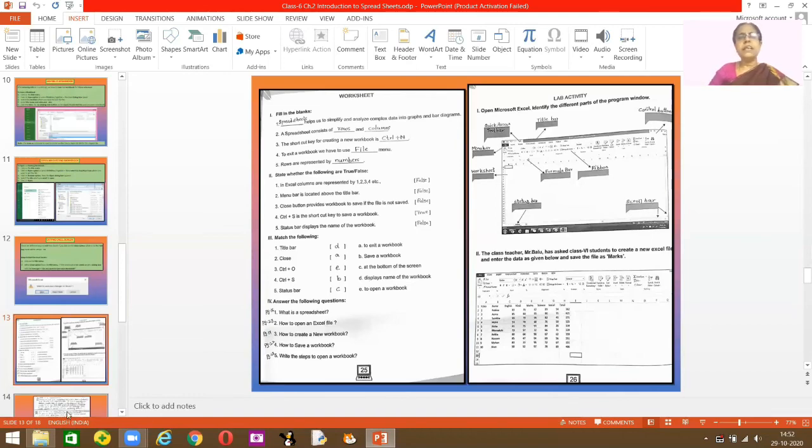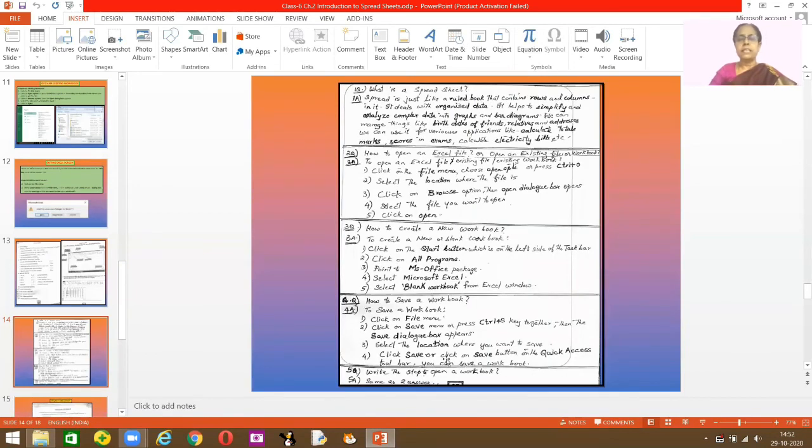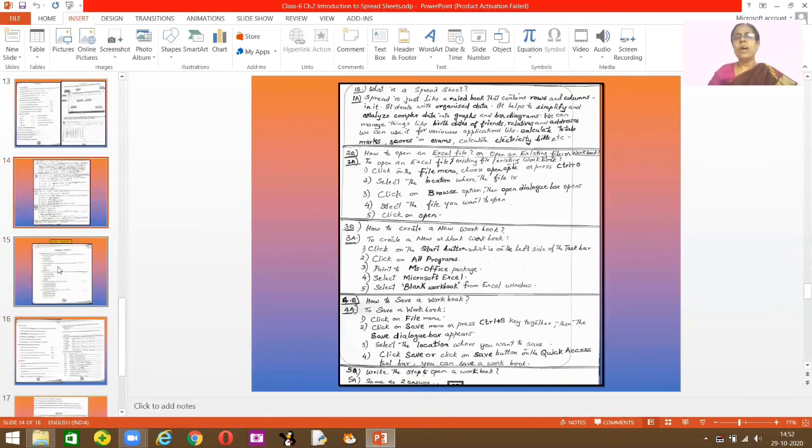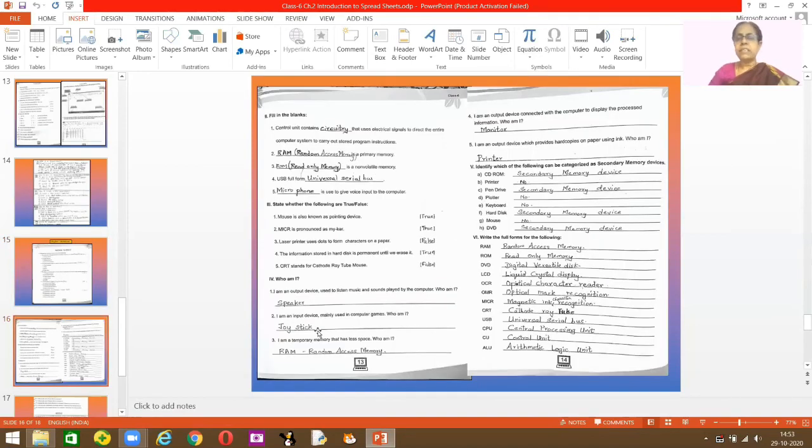And here are the question answers for those 4. Though I wrote the page numbers, I still wrote the answers. Please check the answers. If you can write better answers, please do it. And also your worksheet 1 of your first lesson, you have already completed and I've already corrected, but I'm still putting it so that you can cross check your input, output and storage devices. This is your chapter 1 worksheet. Please cross check if you have any doubts. Whenever I'm showing it to you, just take a screenshot so that you can cross check afterwards. So this is chapter 1 worksheet, page number 13, page number 14.